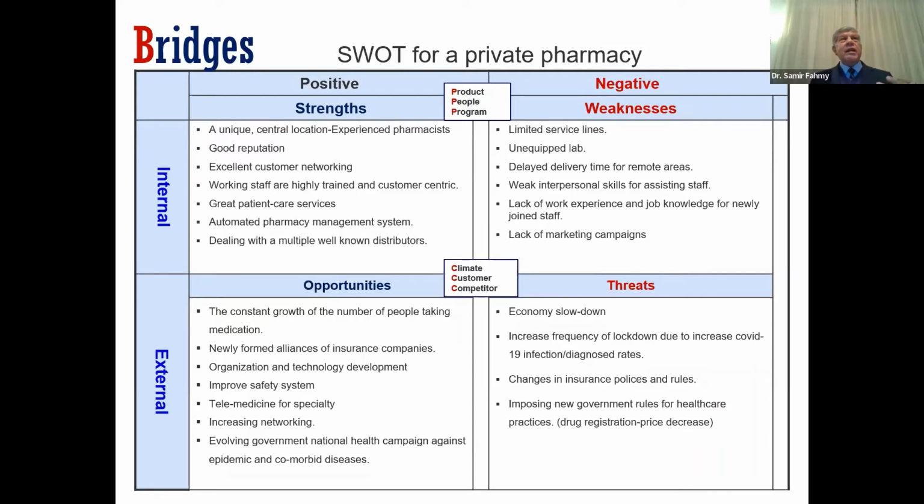But if you go to reality, you can do brainstorming, bring your team, and start discussing all the steps. What are the things from your point of view, from the feedback that they have been seeing from dealing with the customer or from performing the operation. On the other hand, you can ask for the weaknesses. We'll take the example, for instance, if we speak about the strengths for the private pharmacy, we can say a